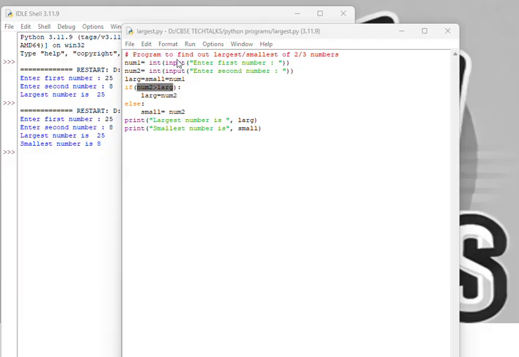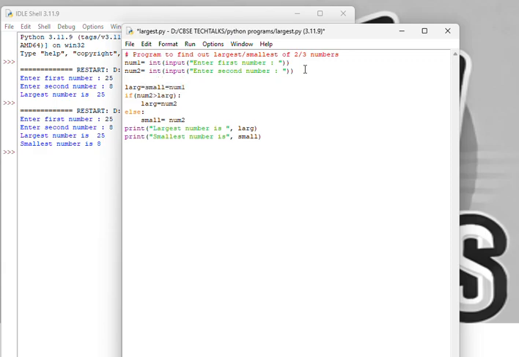So this is clear. Now we will go with the third variable also because this should work. I don't want another program for the third variable. So I need one more variable to be read, equals int input, enter third number.